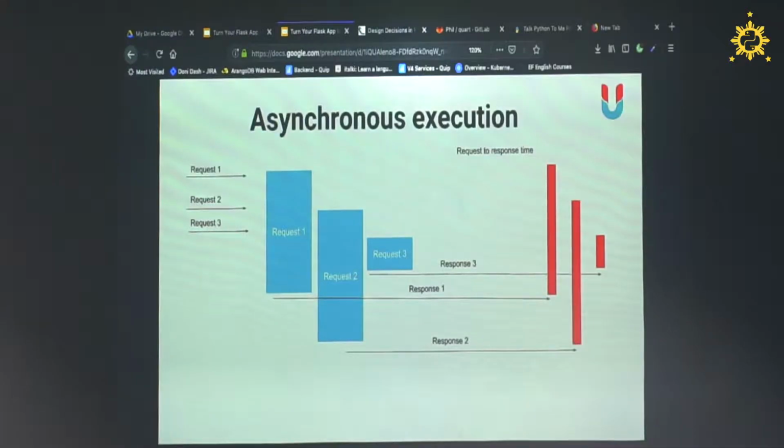For asynchronous execution, we have the same requests, with the same amount of time for each request to be done. But instead of waiting for the first request to be done, we can do something else by executing the second request. So this is the first request. It comes right here, and when it waits, it just does the other request, the second request.